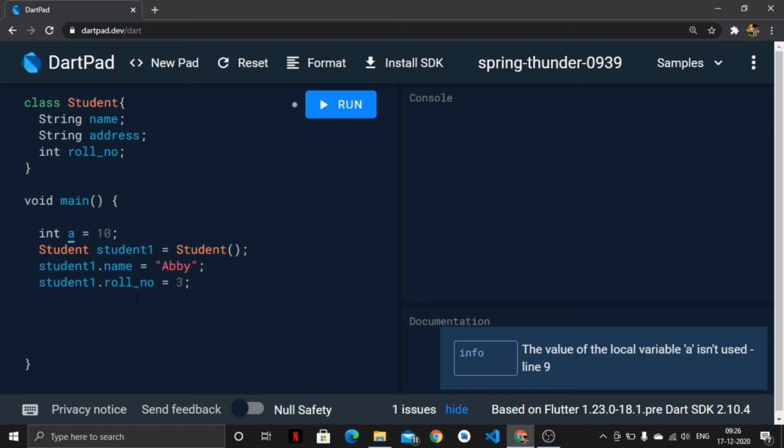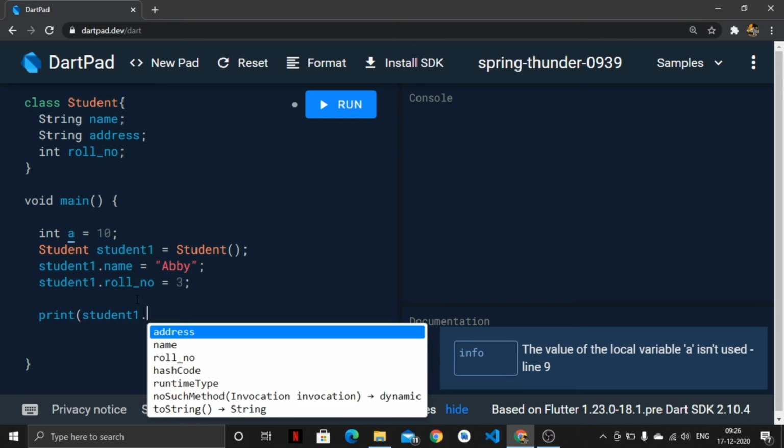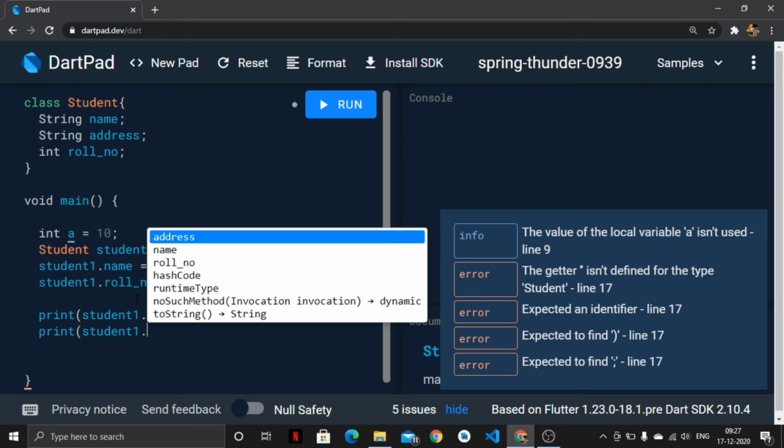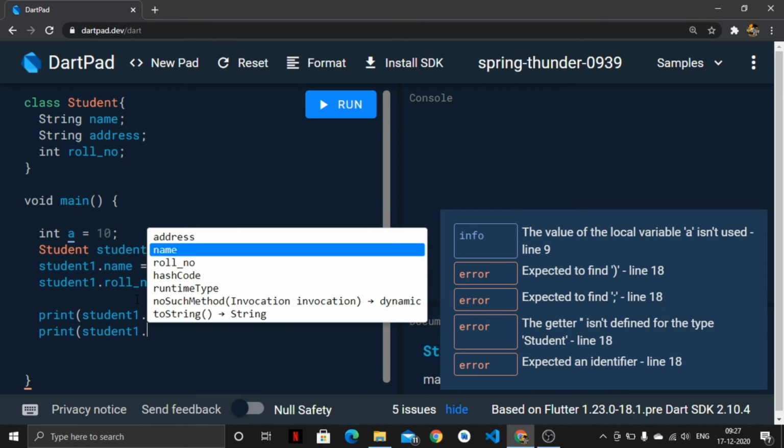So let's try printing these, accessing these variables of a particular Student class. Student1.name, we want to print his name. Then student1.address, we will print address also.